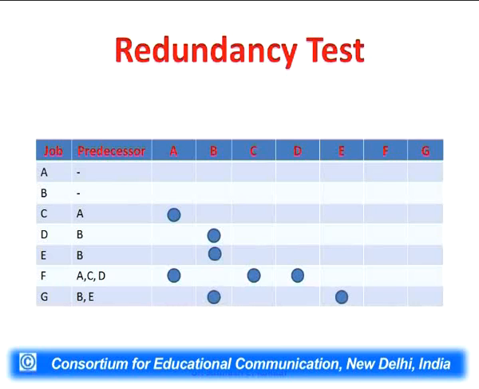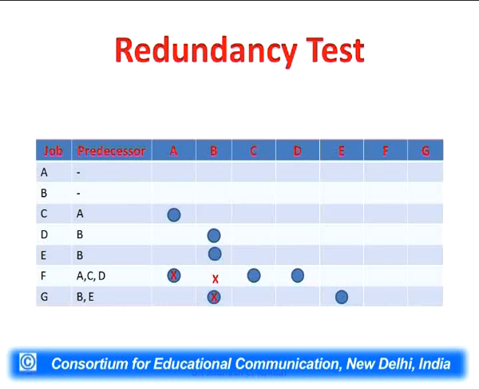Now again we will see each activity. C has A. What activities come after A? We will mention it on this particular table by a cross, if there is any. Now F, and we have mentioned a cross over here because A, C and D are mentioned here, and similarly a cross is mentioned here, B also, and for G activity a cross is mentioned under B.